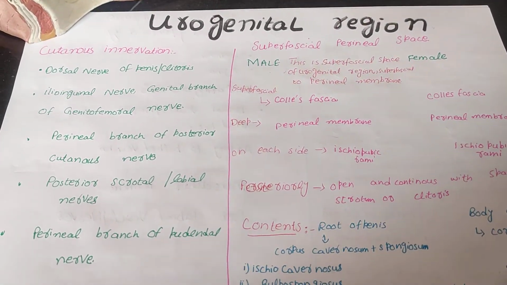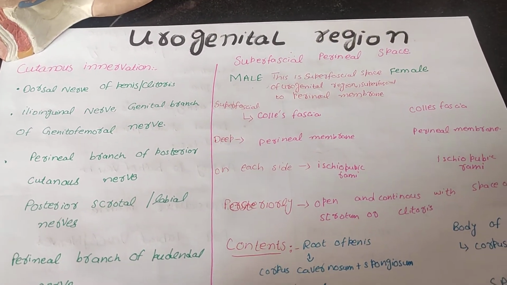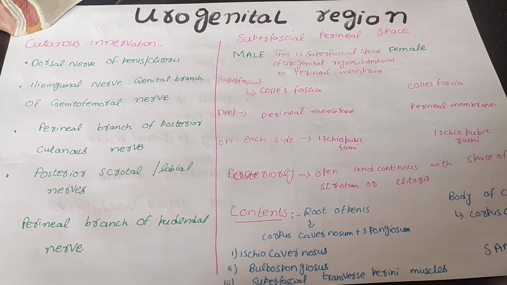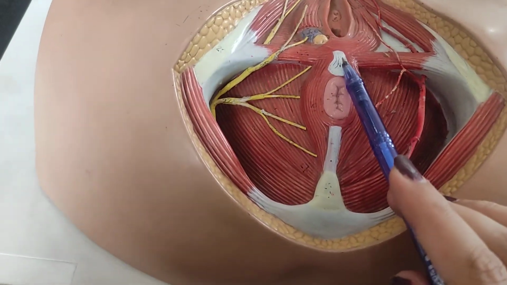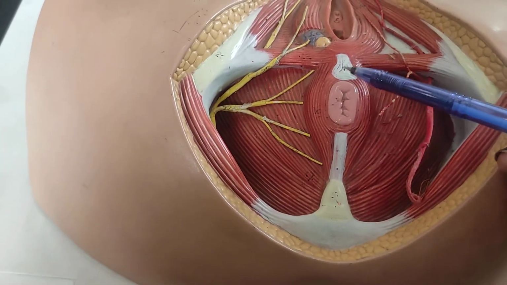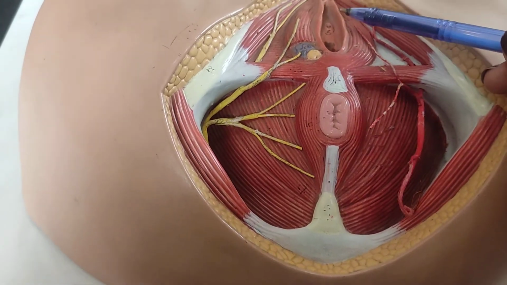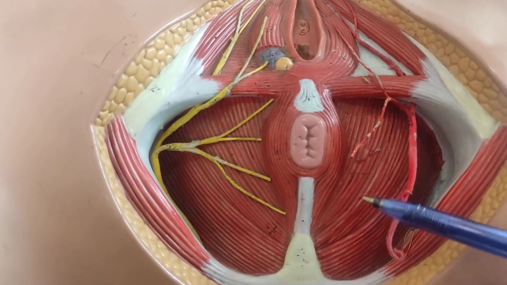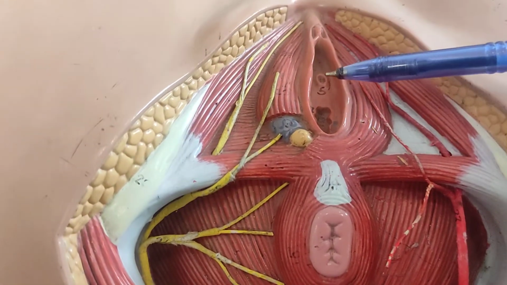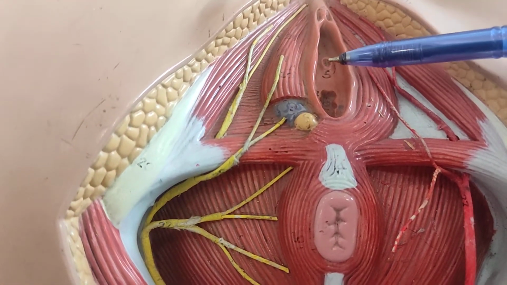Now in the perineum, after we have discussed the anal region, we have the urogenital region which is left. I told you that in this diamond-shaped area, the perineal body is the central part which is dividing the perineum into two parts. The upper part is known as the urogenital part and the lower part is known as the anal part. So the urogenital part has two openings in females and one opening in males.